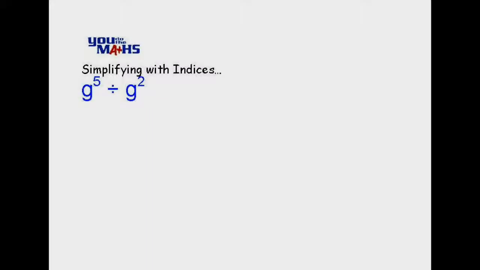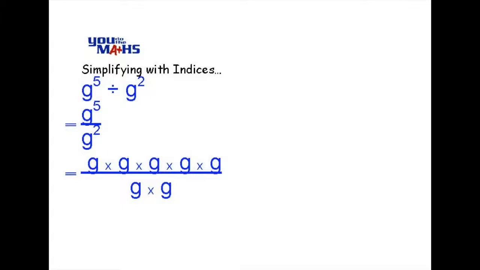In these examples, we're looking at division of terms which involve indices. So here we have g to the power 5 divided by g squared. And often when we're dealing with division, it's much easier to write it as a fraction, so g to the 5 over g to the 2. And the reason why that's easier is because we can expand each line and have a look at doing some